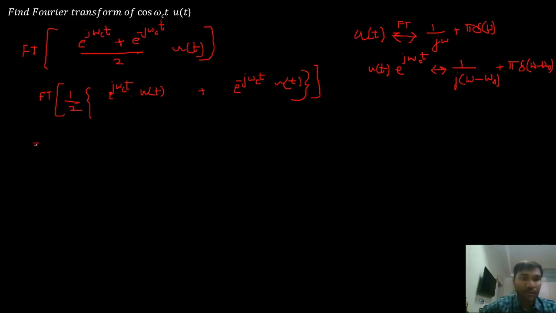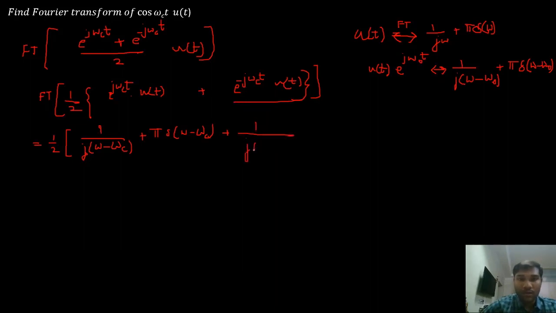So I can write the Fourier transform as 1 by 2 is my constant, and the Fourier transform for e power j omega ct into u of t is going to be 1 by j into omega minus omega c plus pi into delta of omega minus omega c, plus for this one the Fourier transform is going to be 1 by j into omega plus omega c plus pi into delta of omega plus omega c. Right,